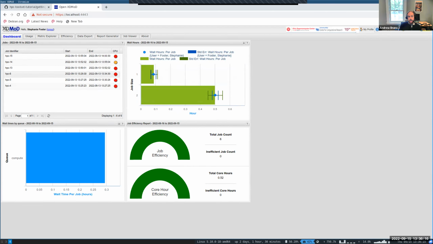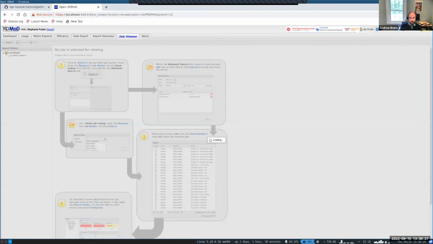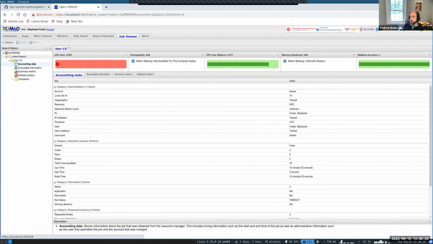So here's a PI user who's just run some jobs, and they're struggling with this one particular job because they're not sure why it's not running the best way it could be. So they can come in here and click on this particular job, and it takes you into this job viewer in XDMoD, where you can get some really good detailed information about how this job ran,